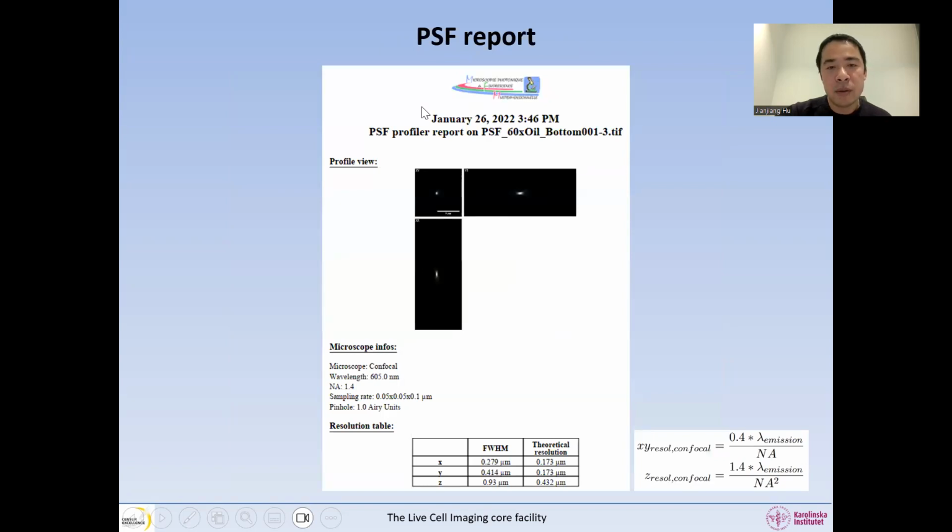A PDF report will be automatically generated based on this image. And you can see this is a view of the point spread function in different directions. It also gives us the measured resolution in X, Y, and Z directions. Of course, there's also a theoretical resolution, but we will not focus on this for this workshop. We only focus on the X, Y, and Z